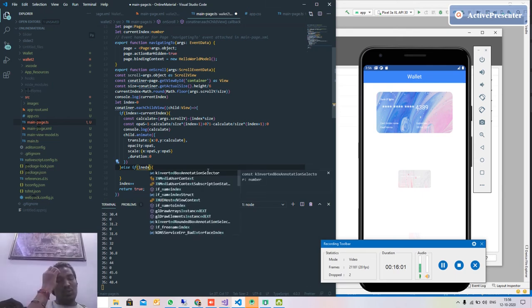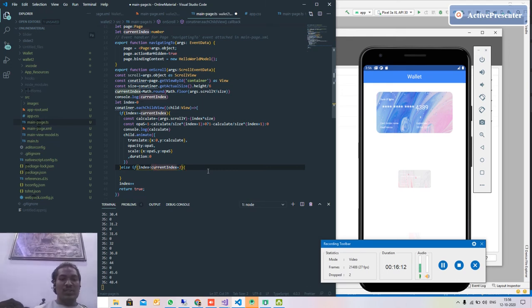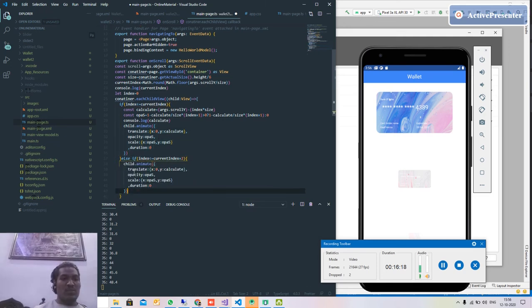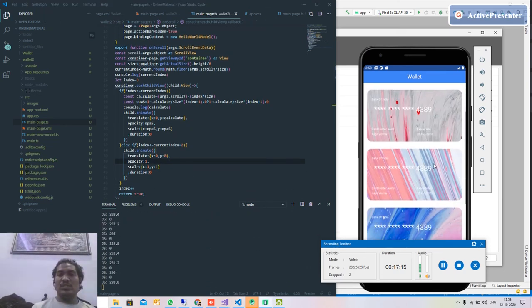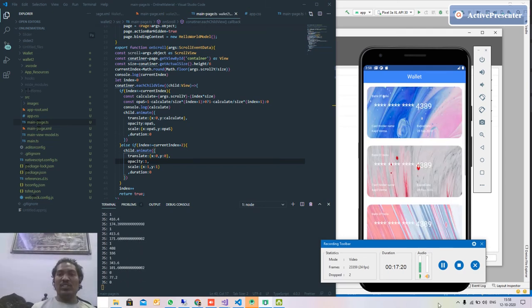So index less than current index plus 2, less than or equal to. What we are going to do is just put this. This is 1. Scale is also 1. This one is also 1. And translate is equal to nothing, meaning position. And now it runs, and we are getting this animation. But if you quickly scroll also, it will be in phone size, right?